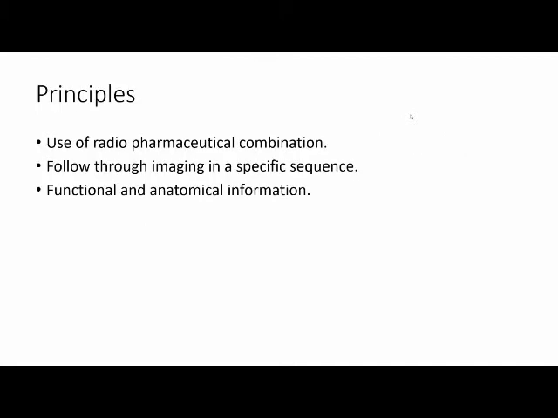The main principle behind a nuclear medicine study in a pediatric urology patient is that we use a radiopharmaceutical combination, in which a drug which is specific to a particular organ is stacked along with a radionuclide for conducting the study. And we take serial flow-through imaging in a specific sequence to assess the same. The basic parameters we assess are functional and anatomical. So either you can assess the function of the kidneys, or you look for any anatomical blockage to assess an obstructive or a non-obstructive system.